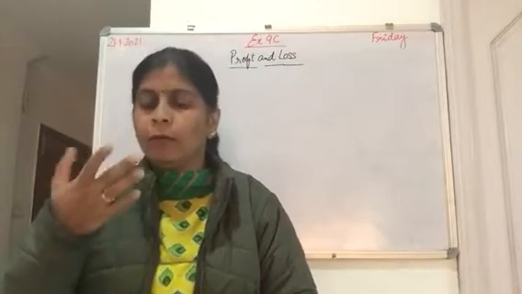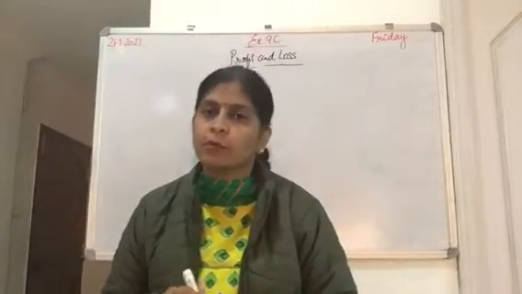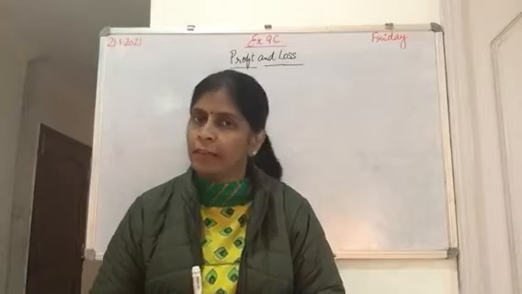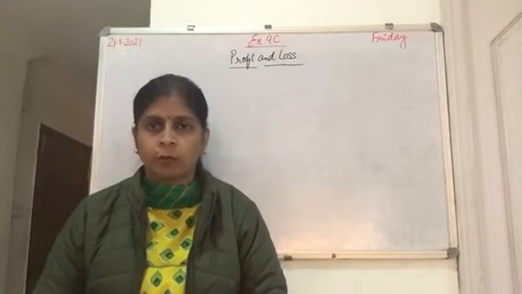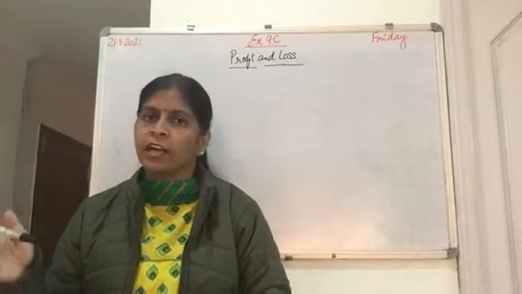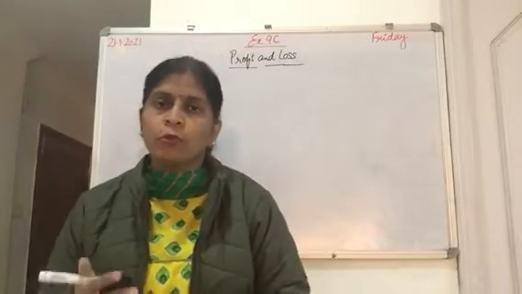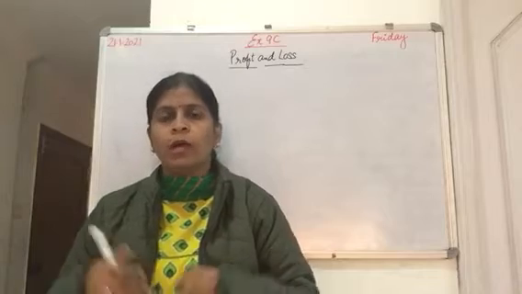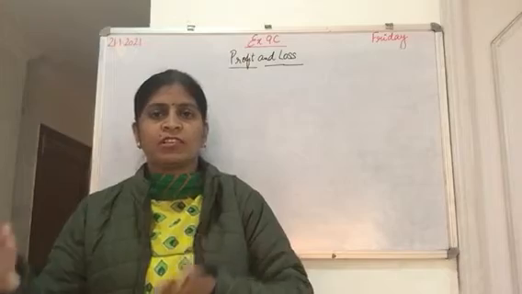First of all, when we purchase something, the price at which we purchase something is called the cost price, and the price at which we sell something is called the selling price. For example, I purchased a refrigerator and after some time I sold it. I have seen that there are very different features in another refrigerator. So what I will do, I will sell my old refrigerator and purchase a new one.